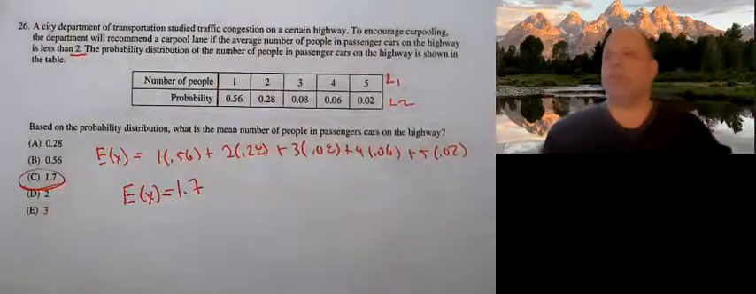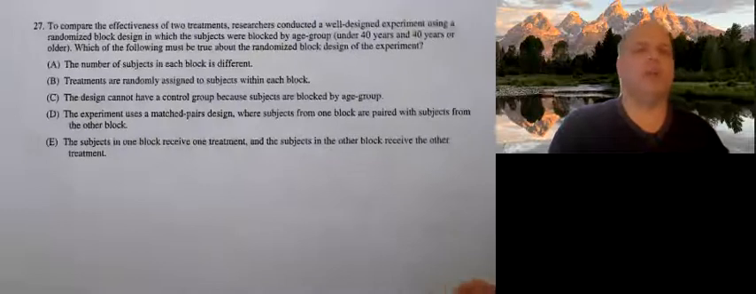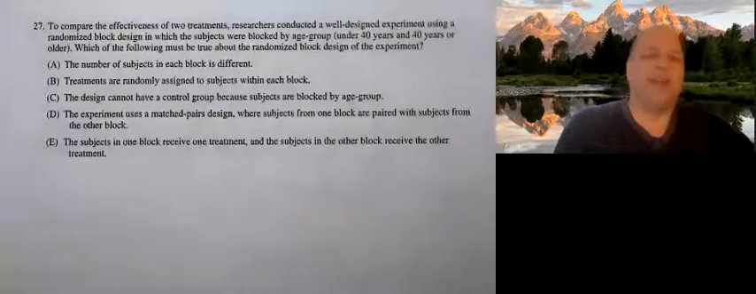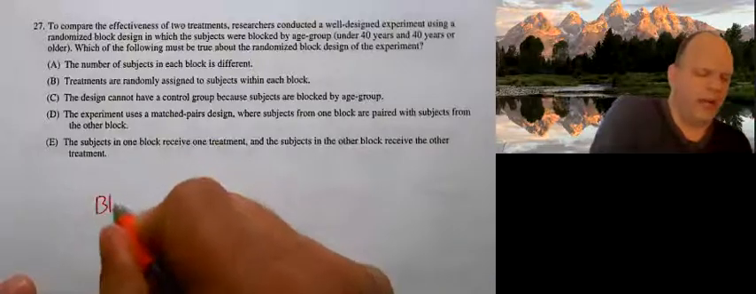So 26 happens to be C. Moving on to 27. To compare the effectiveness of 2 treatments, researchers conducted a well-designed experiment using a randomized block design in which the subjects were blocked by age group, under 40 and over 40. So basically, we're starting off with a block,